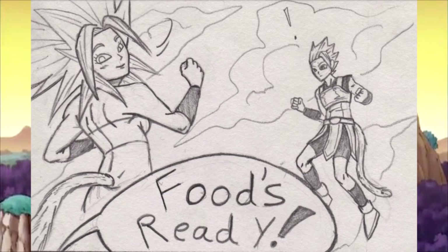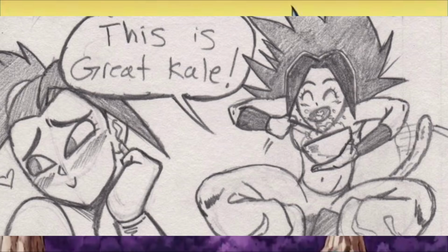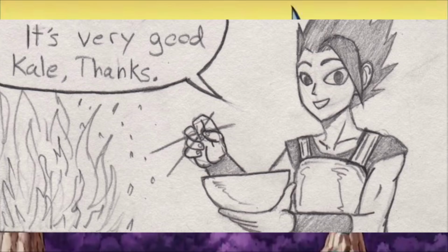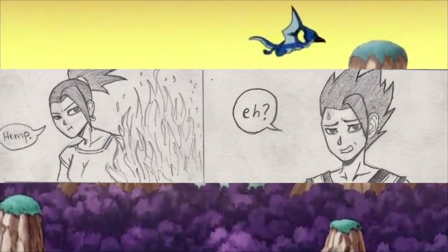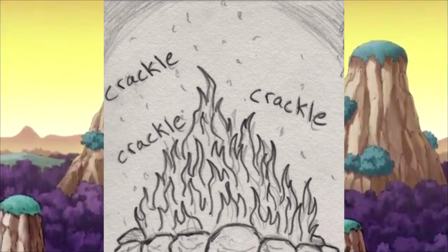The food is finally ready and Caulifla and Cabba are more than excited to get their grub on, and Caulifla inhales the food, thanking Kale for the meal, and Kale of course is just really happy to get some sort of admiration from Caulifla. Cabba thanks Kale for the food, and it is a different story entirely, and even Cabba feels the daggers coming out of her eyes. And as night overtakes the trio and the fire crackles,